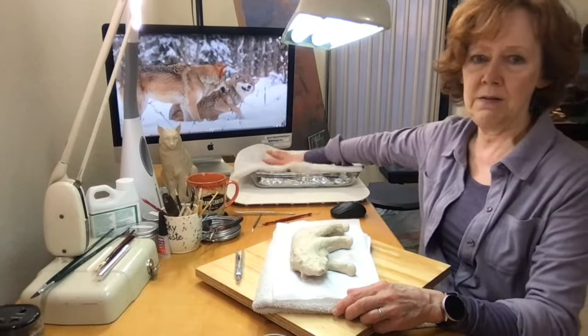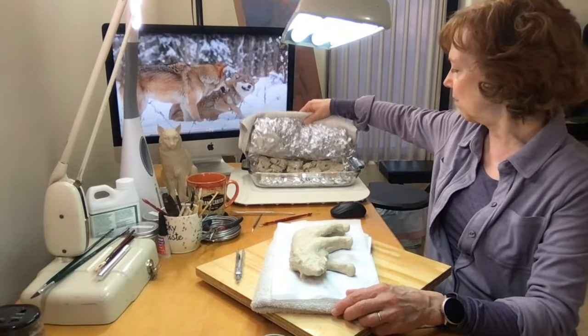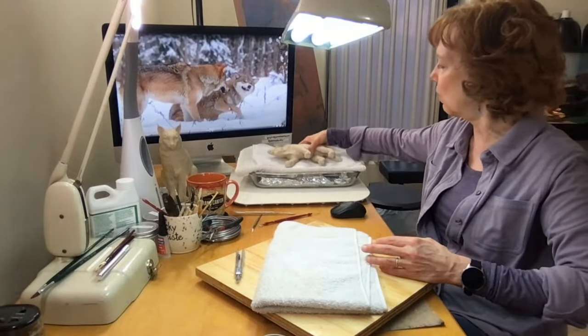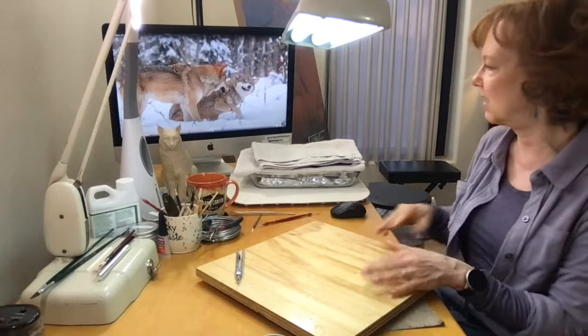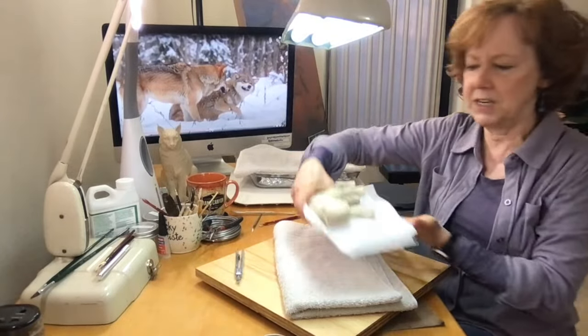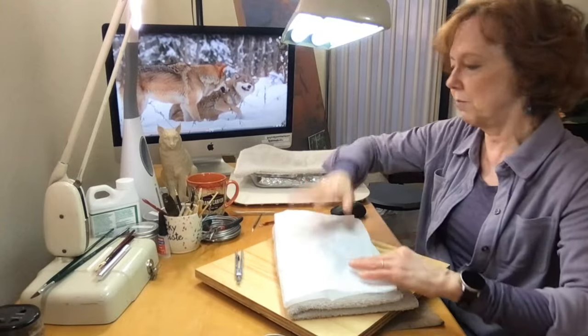because here's my clay being warmed up in here with aluminum foil. It's all very ready to work, but I have the towel on top, and depending on how warm I want to get this, if I did want to warm it up, I can just place it on there, maybe place the towel over there, and it'll warm up just a little bit, and that's helpful depending on what you want to do. But not to jump the gun, I just wanted to say that the parchment paper makes a great, and I would probably put it like this, if I'm going to warm them up, so the towel material doesn't